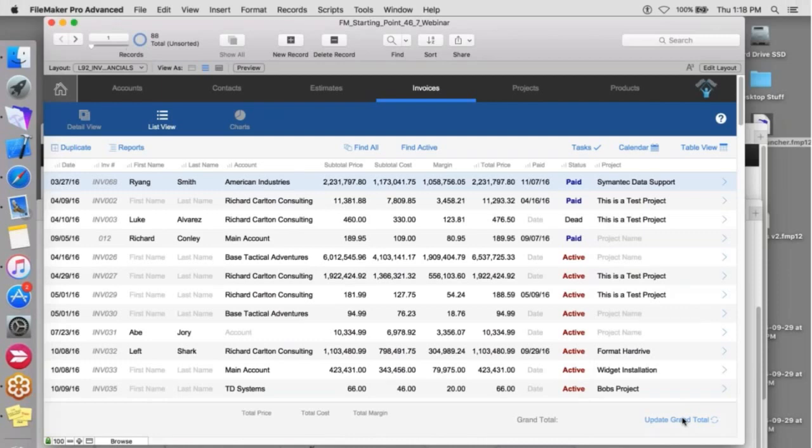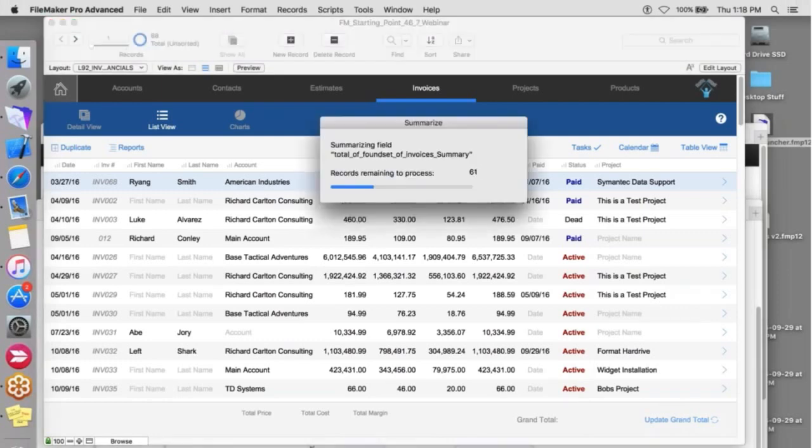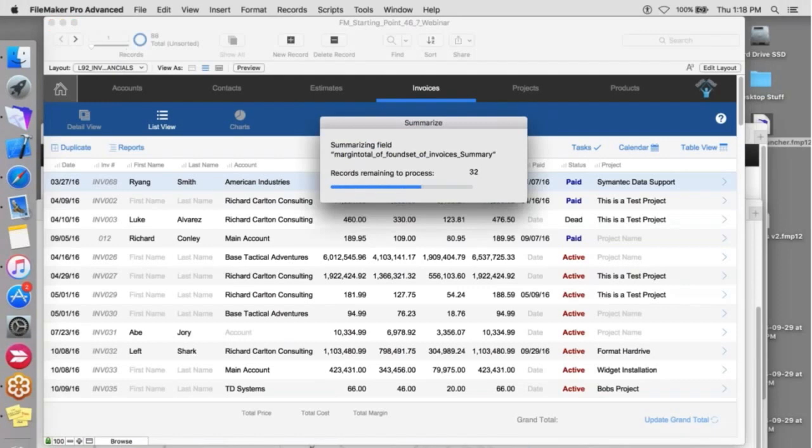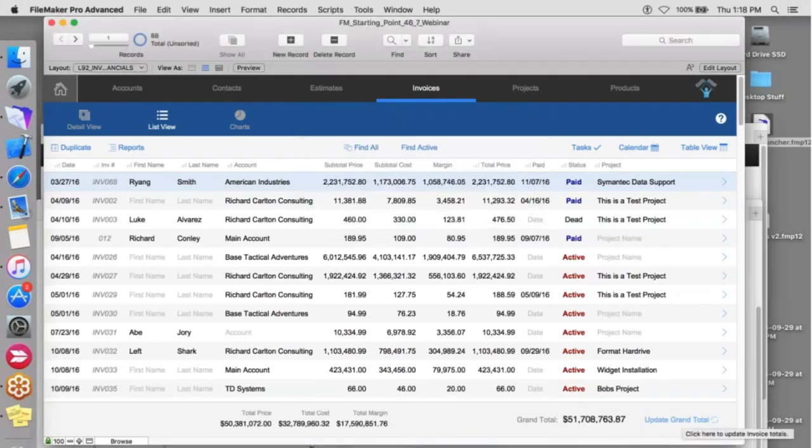So I say update totals. Now it runs a script. And we get a little dialogue, right? Which isn't any fun, but it does it. And we technically could offload this to the server, but I didn't in this case, right? But the point is that it only does it when we really need it. Okay? And now, oh, it's going to do like 3 of them. All right, keep going there. Keep going. All right. Oh, well, $51 million. Okay, you know, and that was my budget last week. Yeah. So anyway,